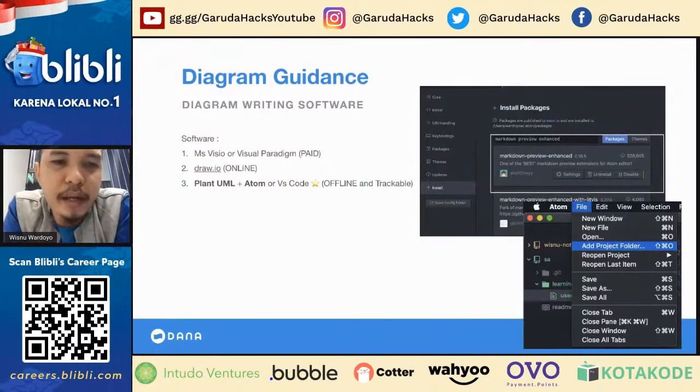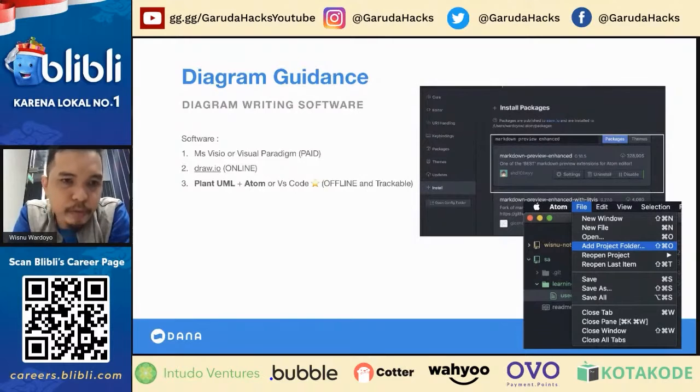About the diagram writing software, there are many options to write a diagram. The first one is Microsoft Visio or Visual Paradigm, but both of them are paid plans, so you need to purchase them. Maybe you don't want to purchase them, so don't use them. The second one is Draw.io, or currently app.diagrams or something. But it's online, right? You need to be online to access it.